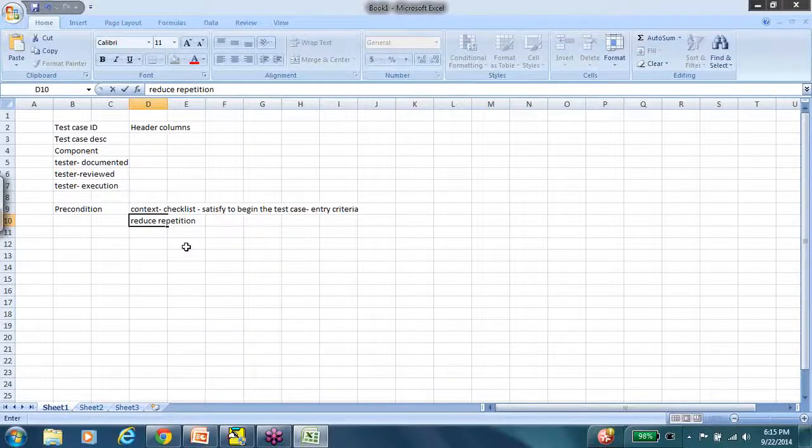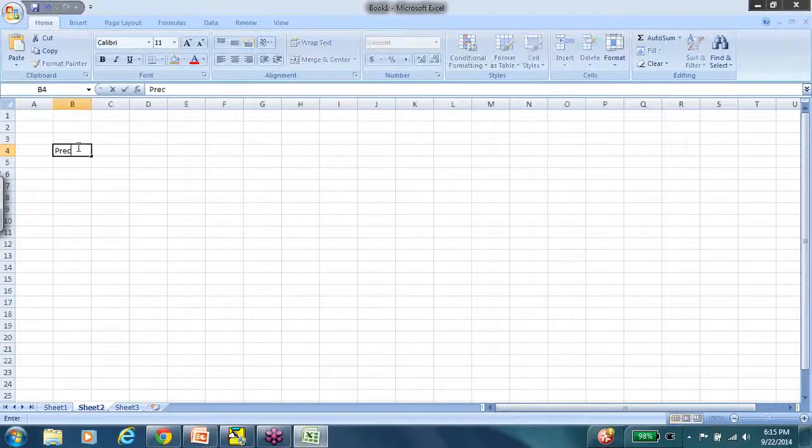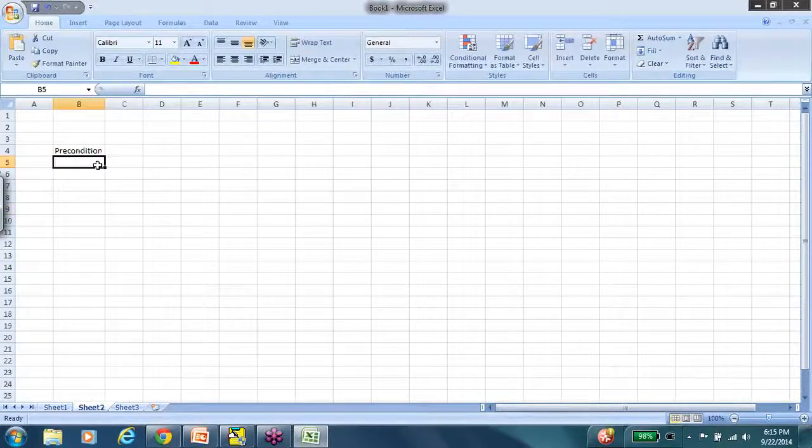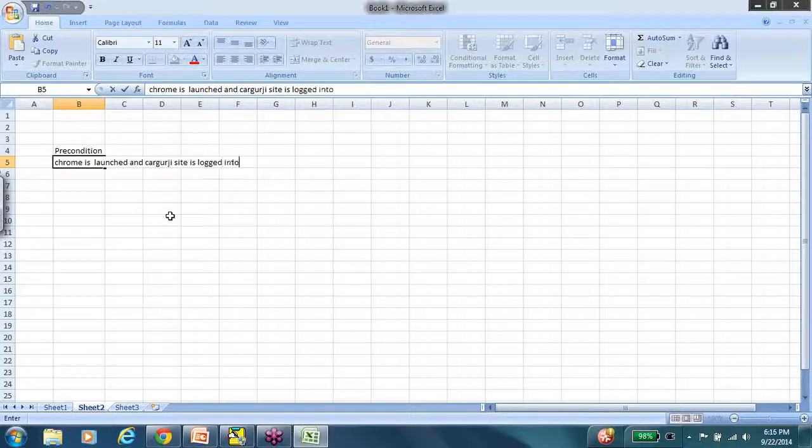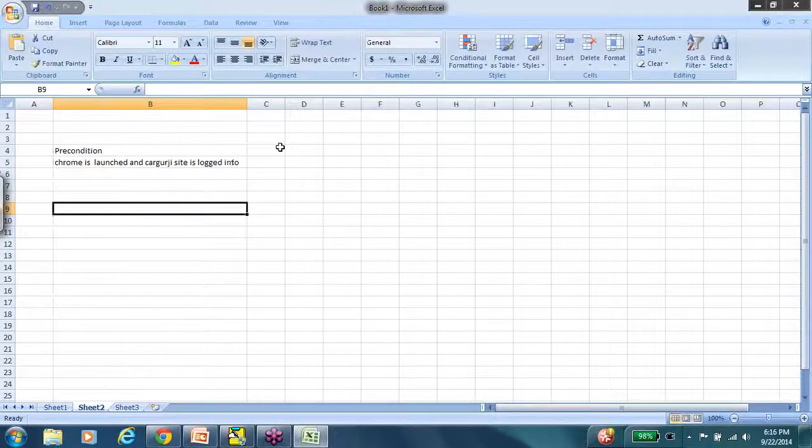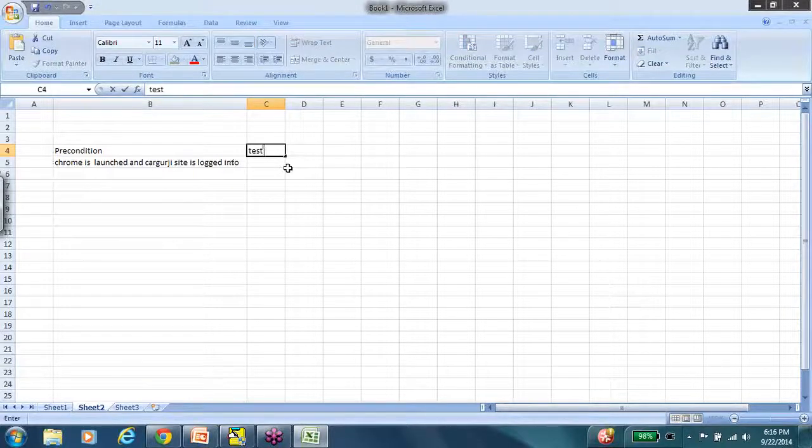How does this happen? I did tell a few of you in your assignments that I'm going to discuss this in the class, so let me go ahead. I'm not going to write all the columns, so just for the example I'm going to write the test case from the precondition itself. Now one problem that I saw was: Chrome is launched and Kar Guruji's site is logged into. So if this is the precondition, the next thing that you have to start your test step is